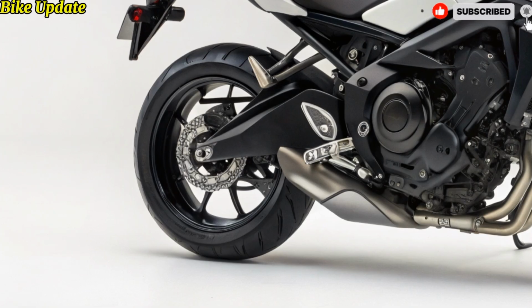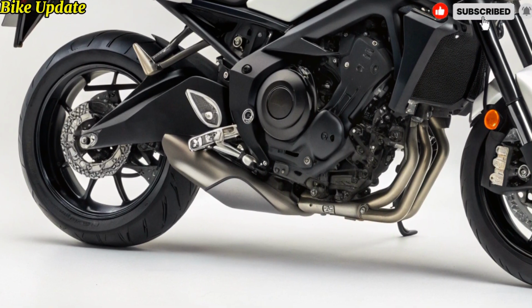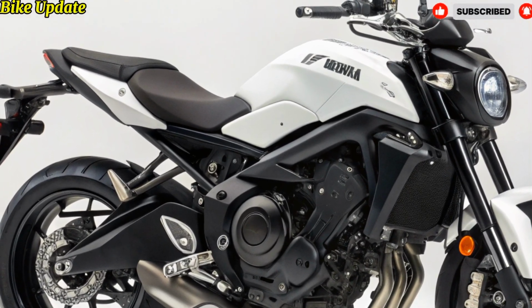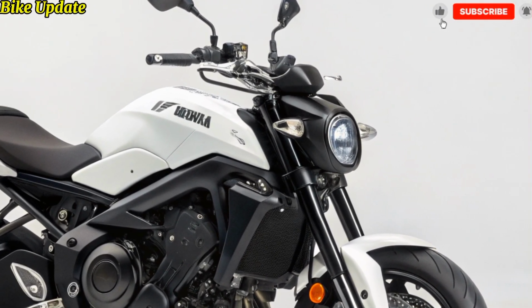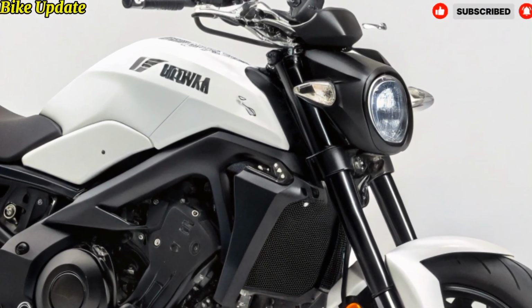8. Trim levels and variants. Multiple variants are likely. Base/standard MT-09, core model with essential upgrades, good value. SP or premium variant, high-end spec, upgraded suspension, Öhlins, etc., upgrades to brakes, lighter wheels, exclusive color options, more premium